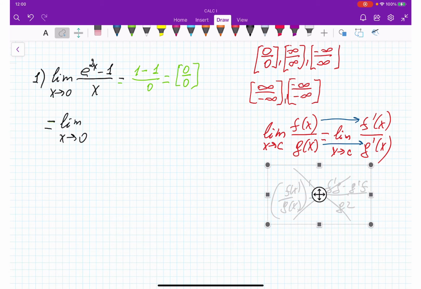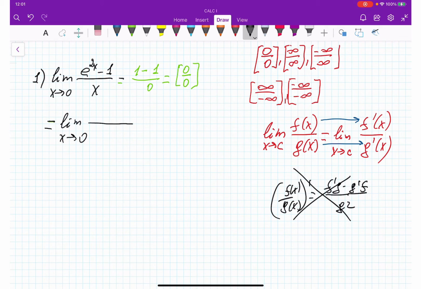Okay, so now once I said that, back to our problem. It's going to be equal, I'm going to write it down step by step so you would see, d by dx of e to the power 2x minus 1, and the denominator would be d by dx of x. As you can see, two separate derivatives. So what do we get? We get the limit as x approaches 0,